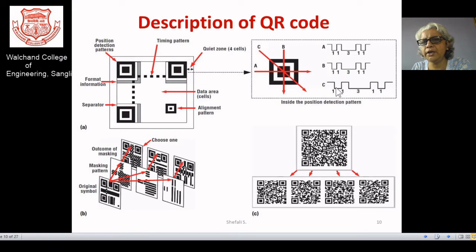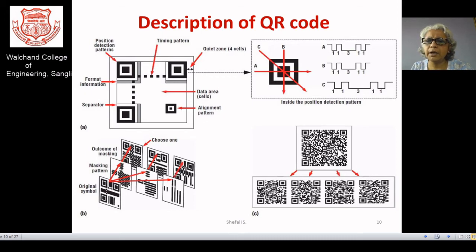So by finding the digitization of your signal, 1010, you may find what exactly is the scanning of your particular code, and then you can convert it back into data itself. That is actually the idea or the working principle of your QR code. In your QR code, you may have certain mask also. Whichever information is of no use, you can keep with the mask, and the remaining information you can take out as the filter itself.